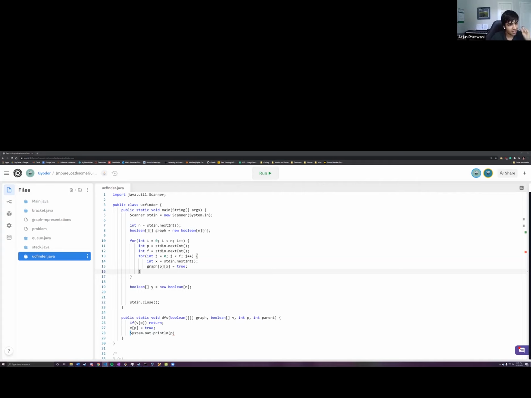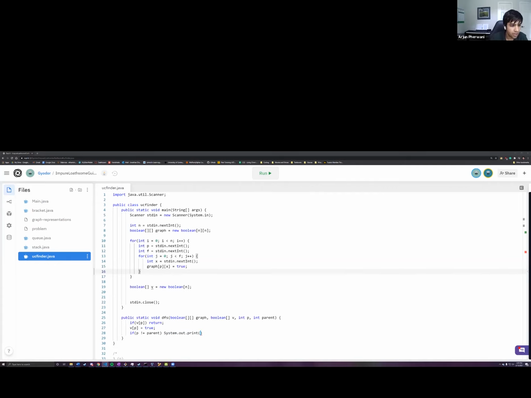But for a social network, since it's called UCF Finder, you can't really match with yourself. No one is that narcissistic. So we need to add this little check to make sure he's not matching with himself. Make sense? Yeah, that makes sense.